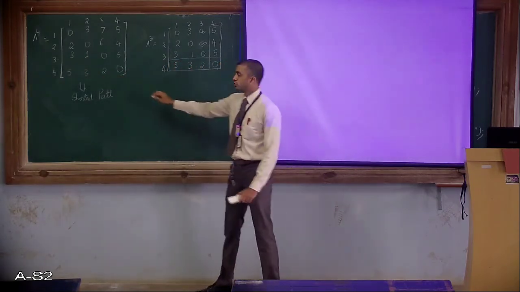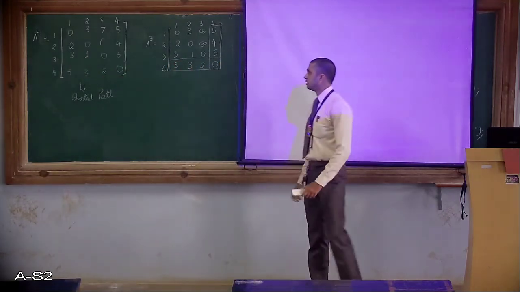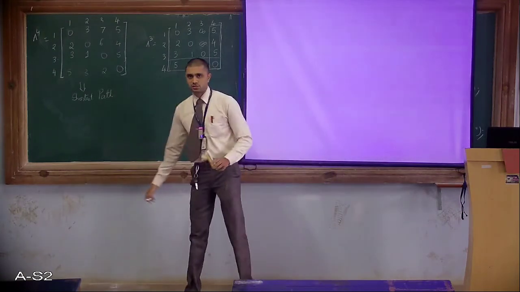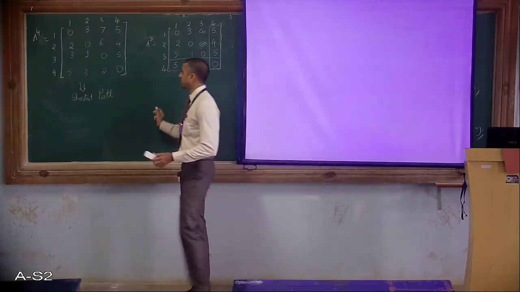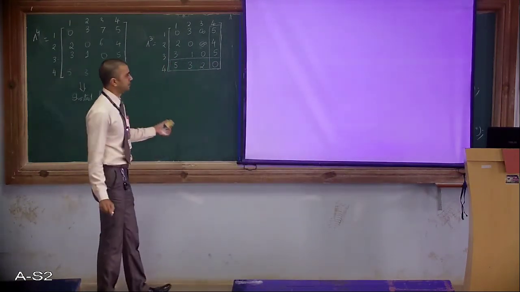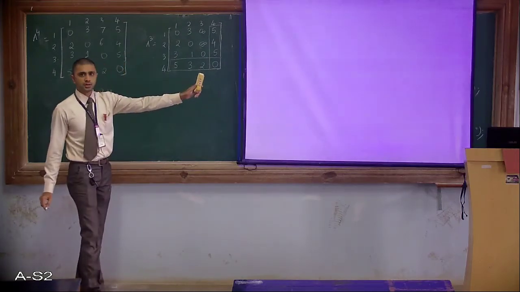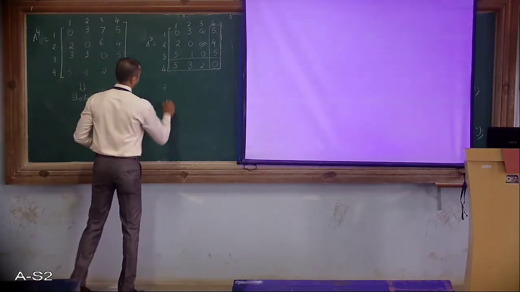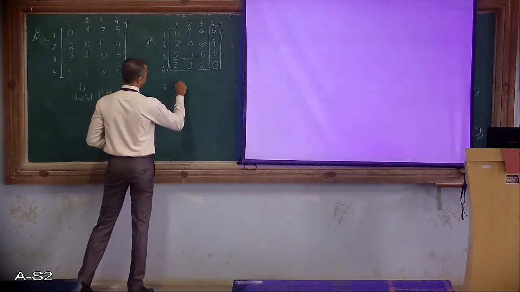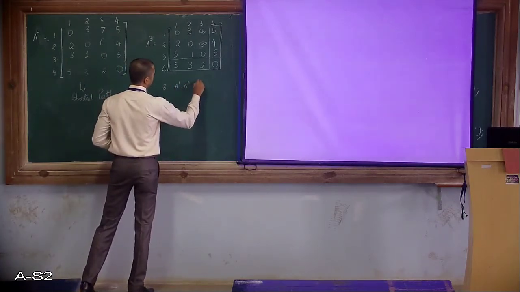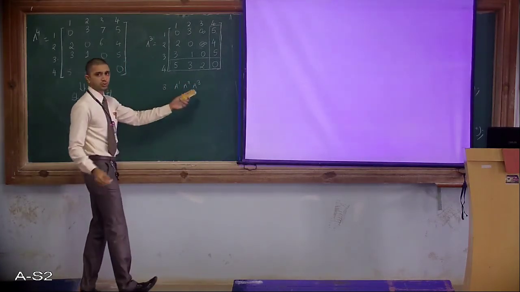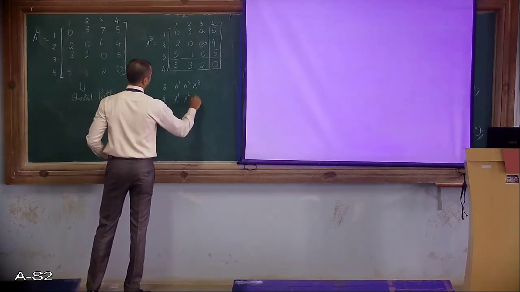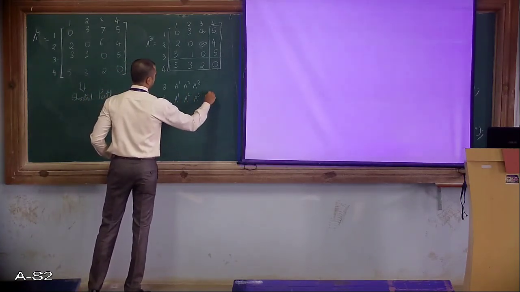So this is how you apply Floyd's algorithm to calculate the shortest path from all pairs of vertices. You can take any directed graph as an example, apply that rule or formula and calculate this. If there are 3 vertices, you will get matrices A1, A2 and A3, or you can call them D1, D2, D3, not a problem. If you have 4 vertices, you will get A1, A2, A3 and A4.